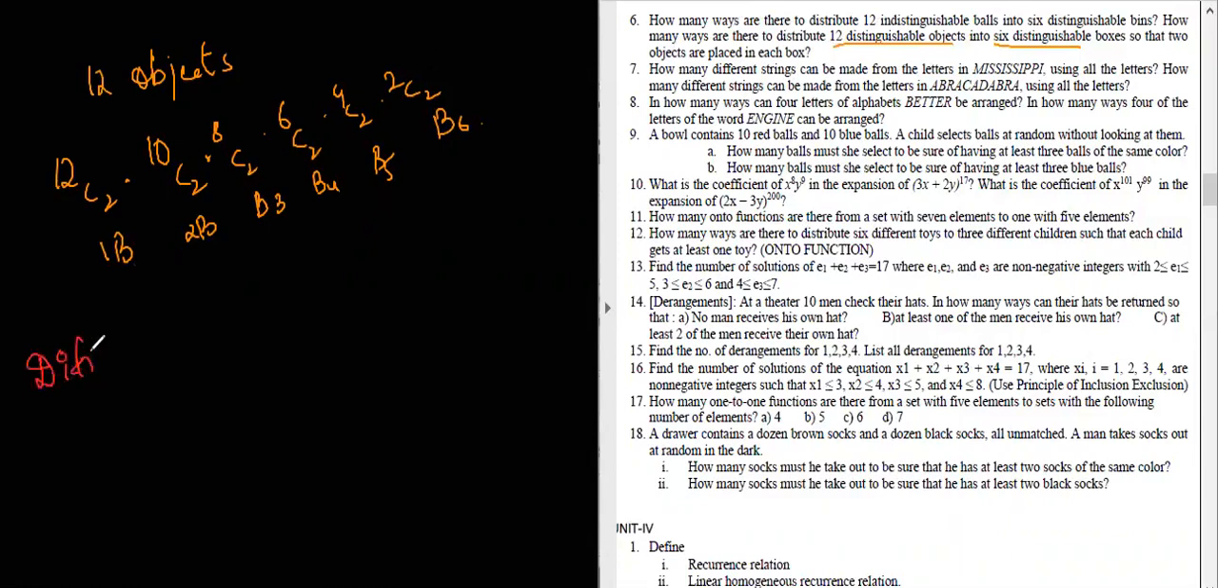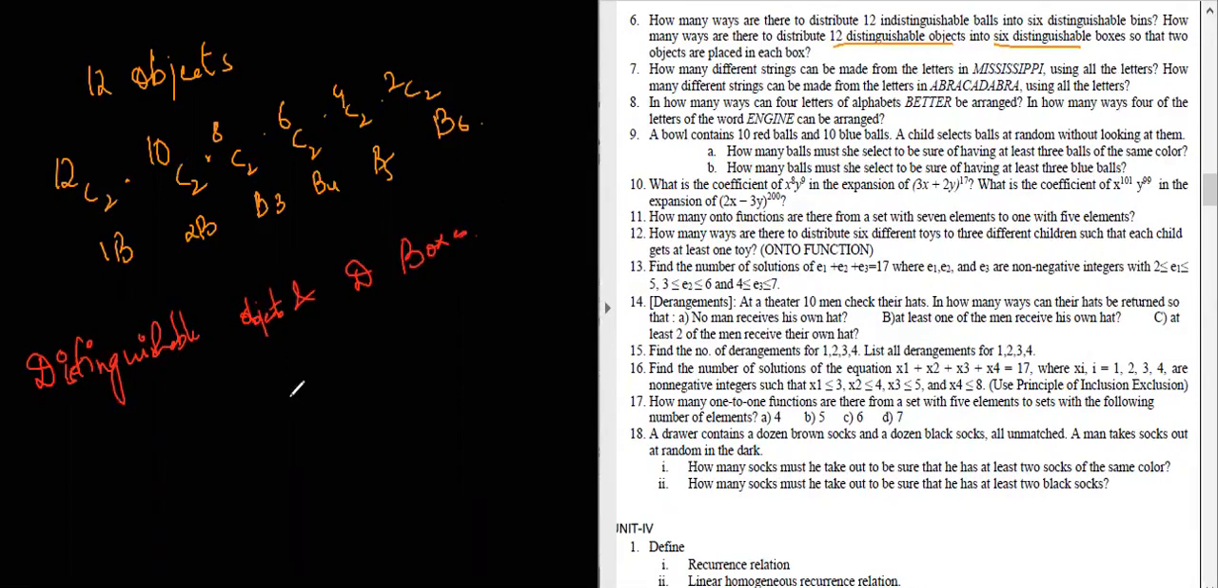This is when we were doing permutations with indistinguishable objects, that is with and without repetition. After that we studied the formula for distinguishable objects and distinguishable boxes. Okay, now in this case, when we have distinguishable objects placed into distinguishable boxes, then the formula